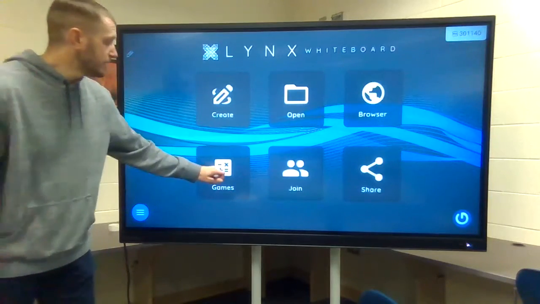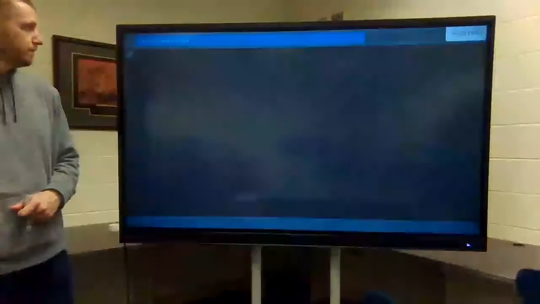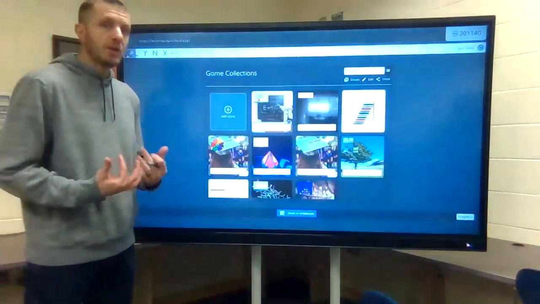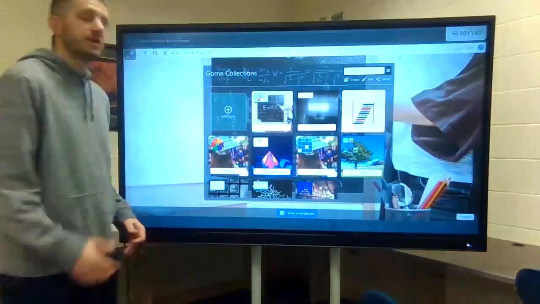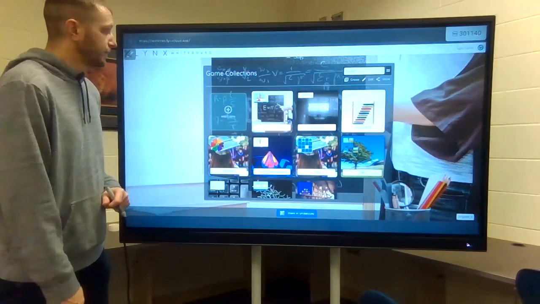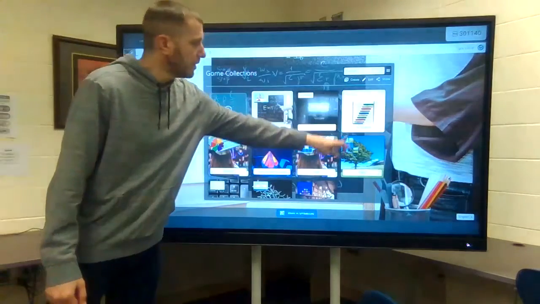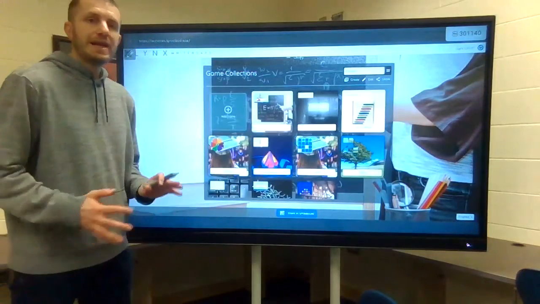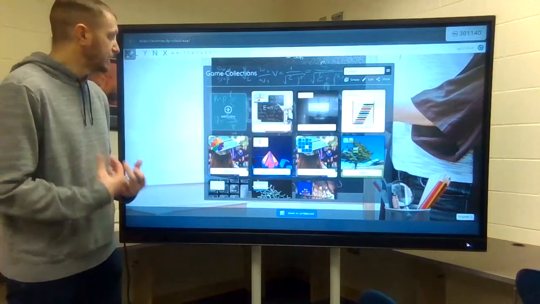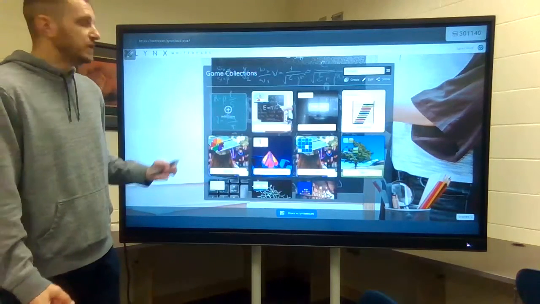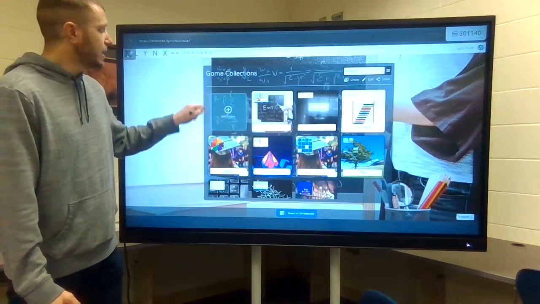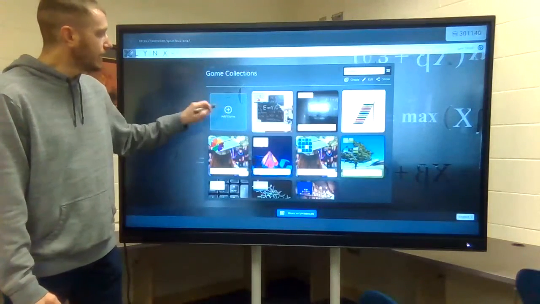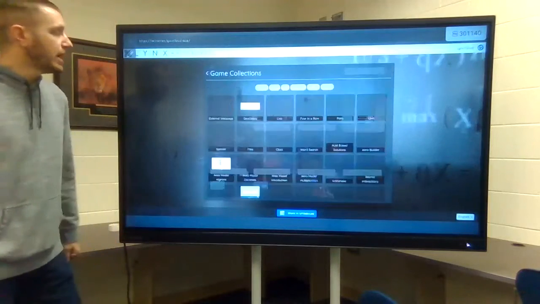So let's go ahead and select that, and it's going to take us to a web browser where we're going to have the opportunity to select some different things that would apply to us. So you do see some different buttons here that I've already added to my list. When you first do this, all you will see is this top left hand button here. It says add game. So I'm going to go ahead and click on add game,